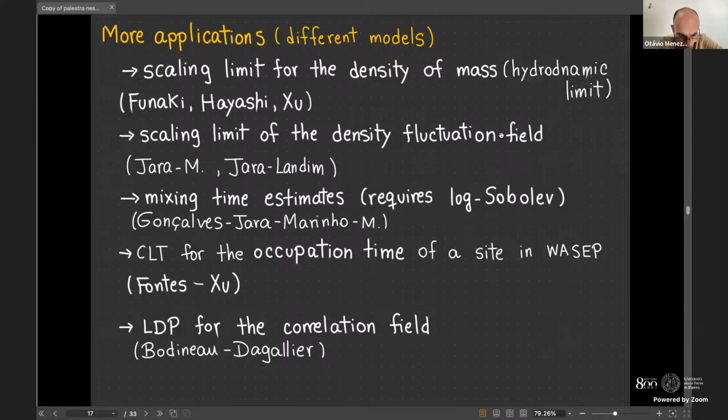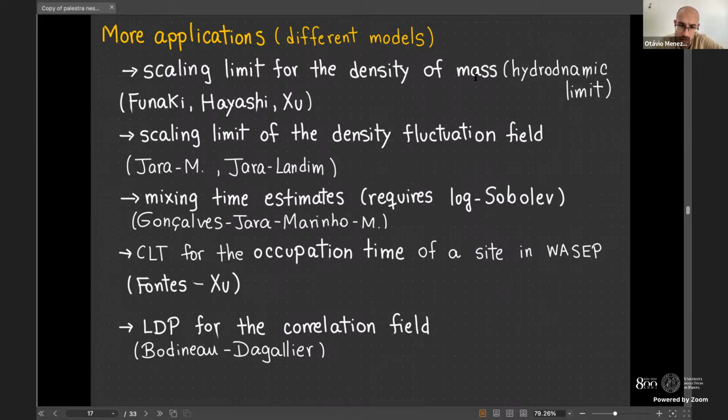We have stumbled upon it while doing random walks on dynamic random environments driven by the exclusion process, and since then we were able to apply it to some other contexts. And as I mentioned, all of the works I have looked at, they